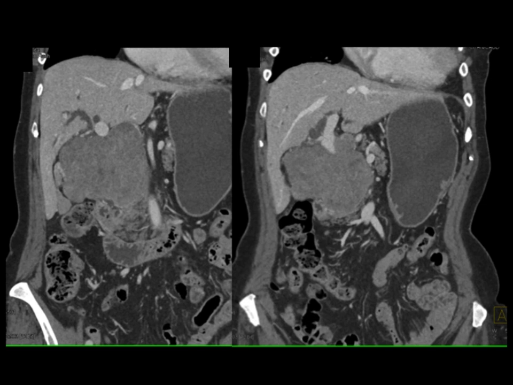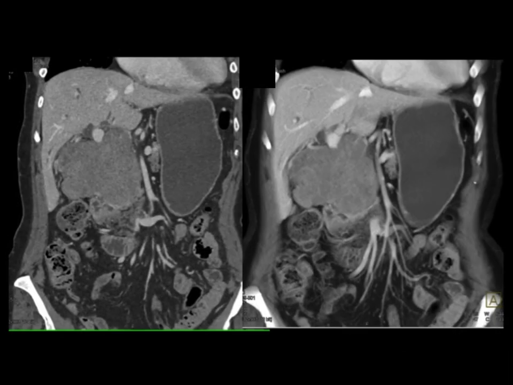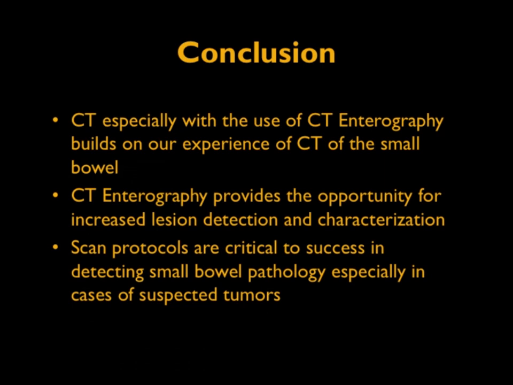Humongous mass, seen on axial, seen on coronal, seen on 3D, a large mass involving the patient's SMV and portal vein. It's a mass that's causing some duct dilatation, but this was a metastatic lesion. So again, metastases we're going to see more of, and they can have very unusual appearances. So concluding then,